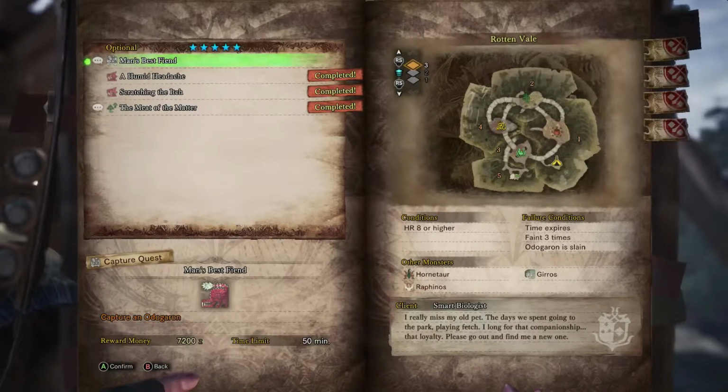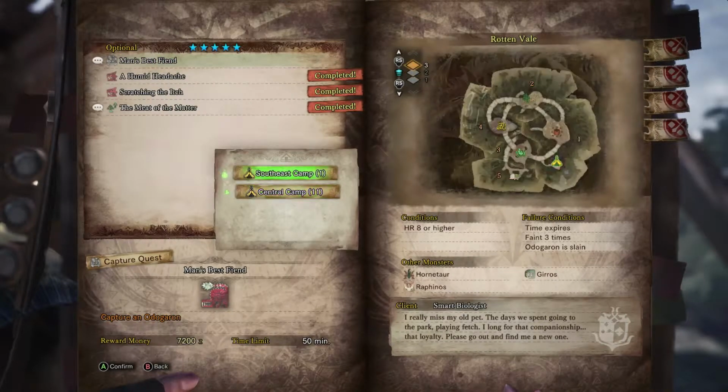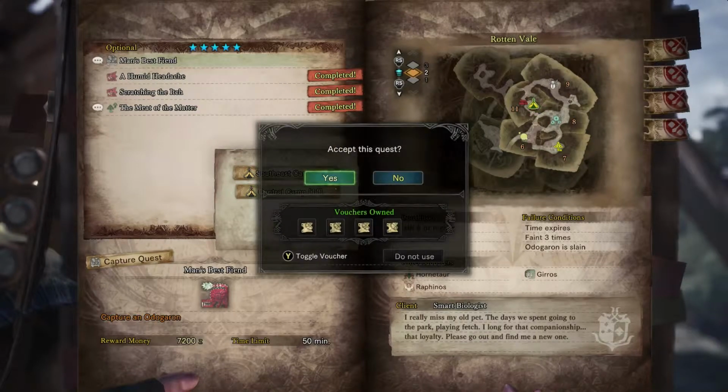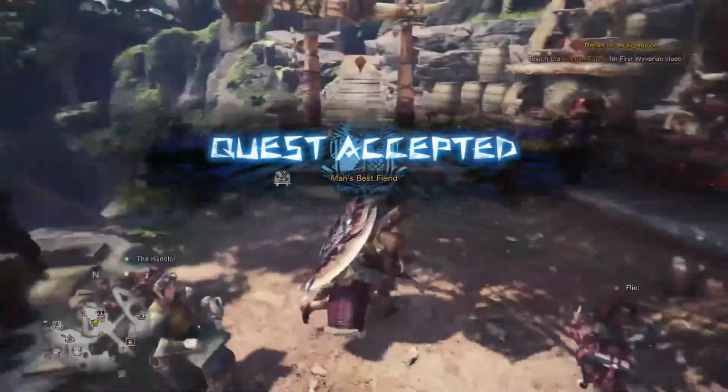We have to capture an Odogaron. This is a weird pet to have, but we're going to capture him. So we're going to go ahead and select that here. We'll start in the central camp. That'll probably be closest to where he is, I'd imagine. Let's go ahead and